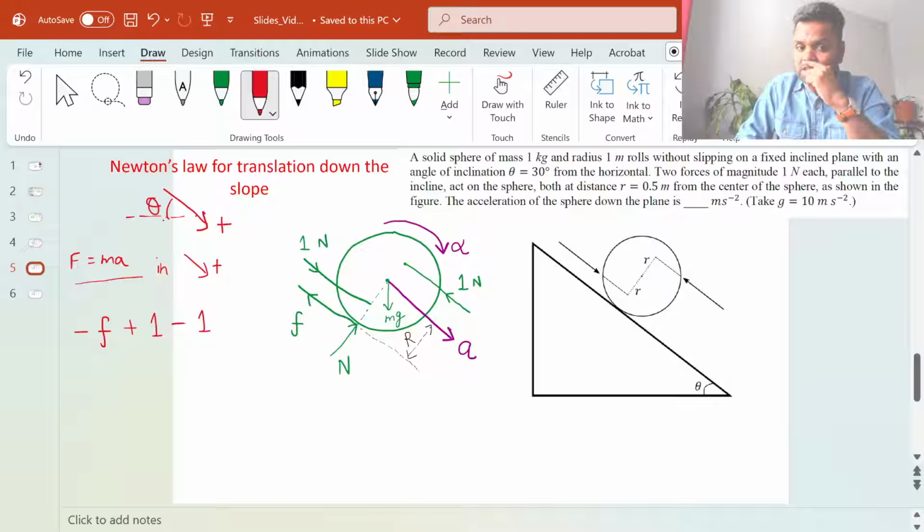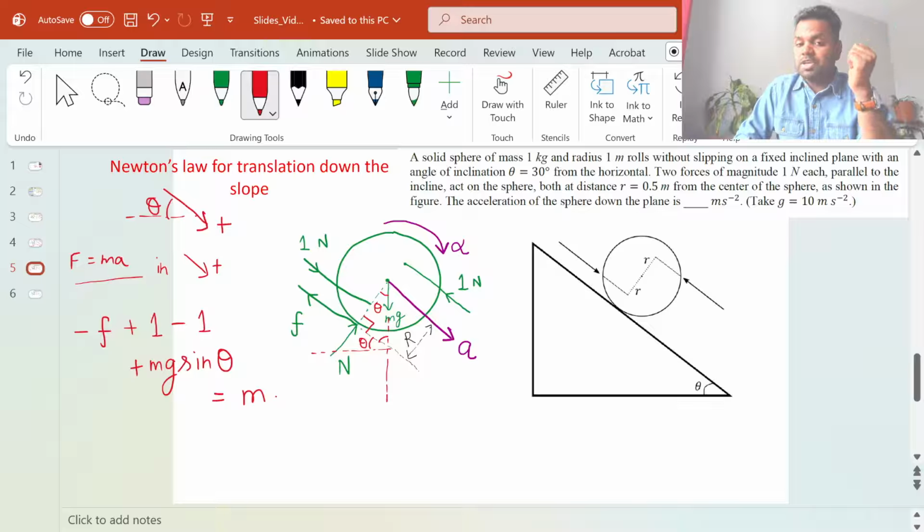So if this is theta, if you draw this line and think about it, this angle is theta. So this angle here will be 90 minus theta. This is 90 degrees, so this will be theta, right? So the component of weight along the slope will be plus mg sine theta, and that will be equal to